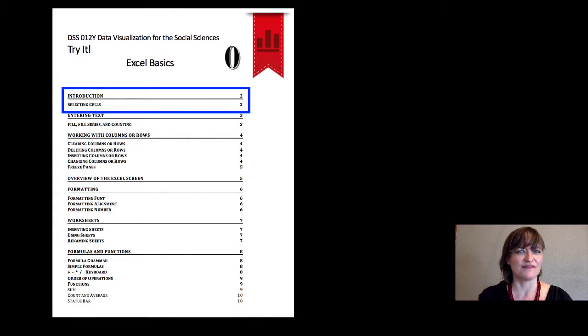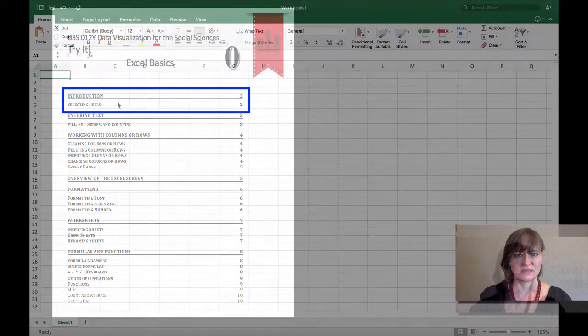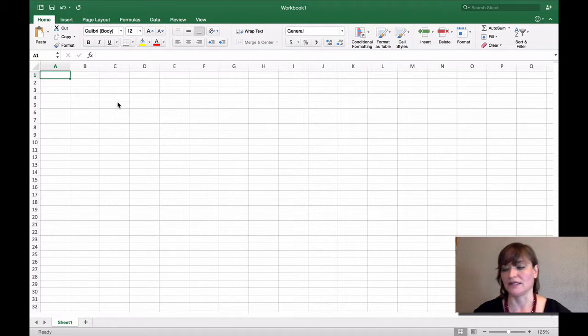In this tutorial, we're going to cover some basic commands in Excel. So here's our basic Excel spreadsheet. It's a grid of cells. You can store and work with data. Every cell in Excel can contain text, it can contain a number, it can contain a formula.